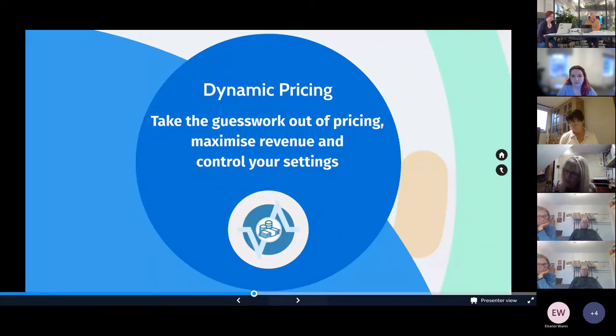You can also control your settings. So you set your minimum and your maximum prices, below which you're not prepared to sell and above which you're not prepared to sell. So again, you're always in control, so that you're not charging guests more than you would feel comfortable with in terms of the service that you deliver. So there's a lot of control in there, but there's also the release in terms of not having to think about it, and also knowing that the machine can do it and can do it really well. So a really important and very successful tool.